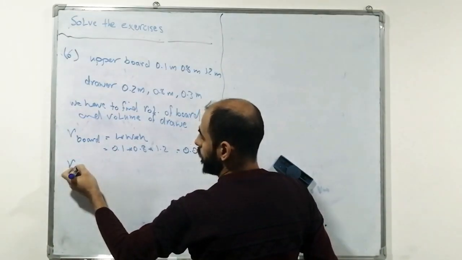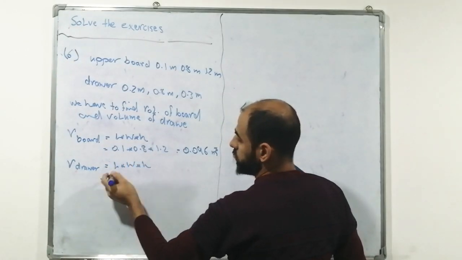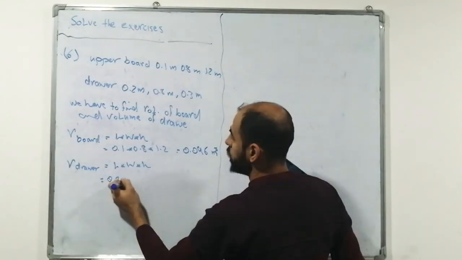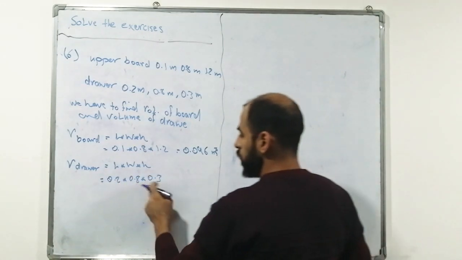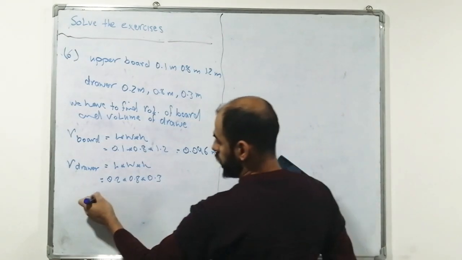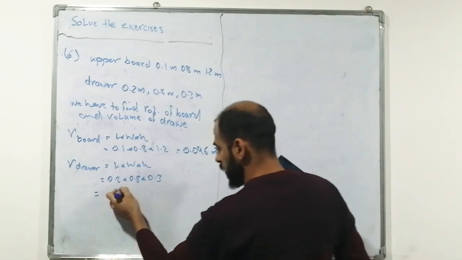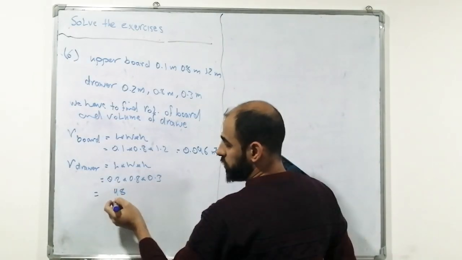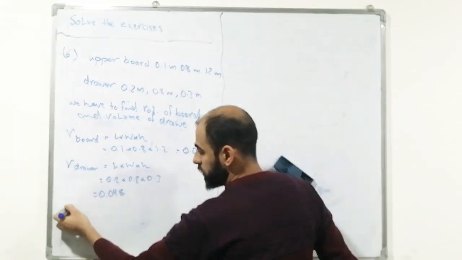Now the volume of each one of these drawers is also length by width by height. Substituting the dimensions of the drawer, 0.2 multiplying by 0.8 multiplying by 0.3. So multiplying these numbers, 2 by 3 is 6, 6 by 8 is 48, and we have 3 digits after the decimal fraction, so we count 3 digits, 1, 2, and 3. Now, the volume of the table